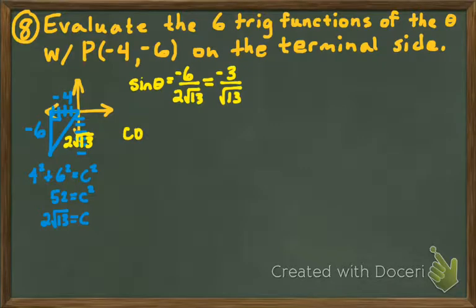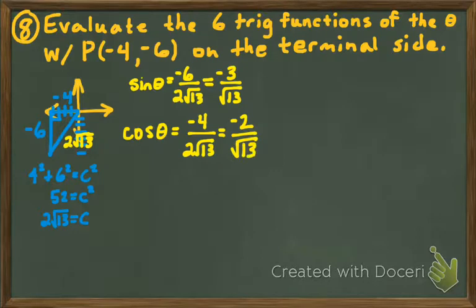Cosine is adjacent over hypotenuse, and so the adjacent side would be the negative 4 over 2 square roots of 13, which is equal to negative 2 over 2. I'm sorry, I'm losing my mind again. Hang on. If I reduce by 2, the top becomes negative 2, the 2 goes away on the bottom, leaves me negative 2 over the square root of 13 for my cosine,